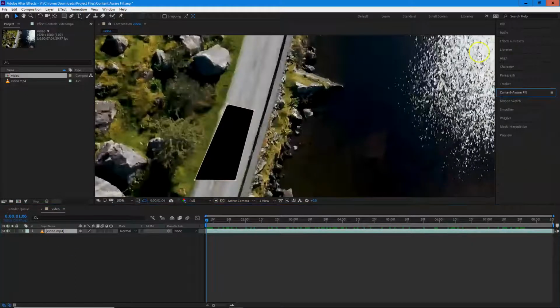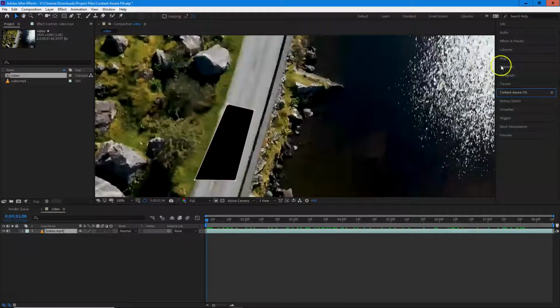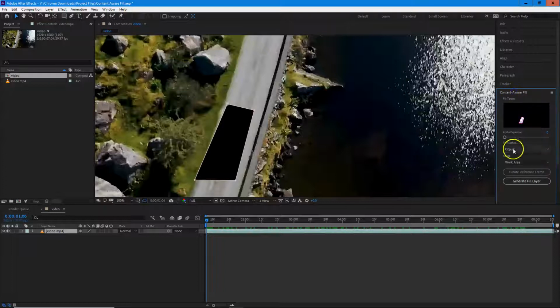So I've got my content aware fill option panel here on the side. So you've got all these panels. Now on your computer you may see something different. In order to add or remove panels, you just go to window and there's a list of all your panels and you can uncheck them and so on. There's not always space for everything. Not only that, but you can click a panel and it will collapse it down. So content aware fill is ticked because it exists here already. I can click it to open it up, click it again to close it, and so on. So if we open that up,